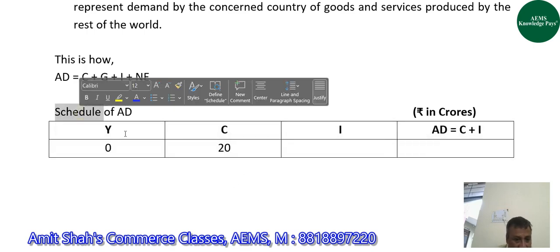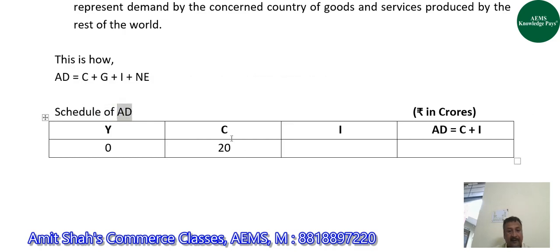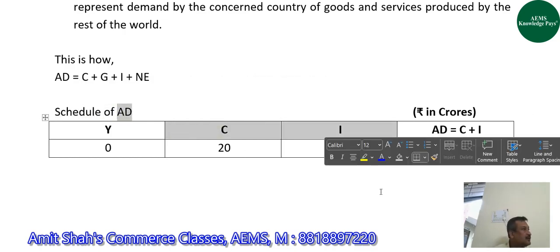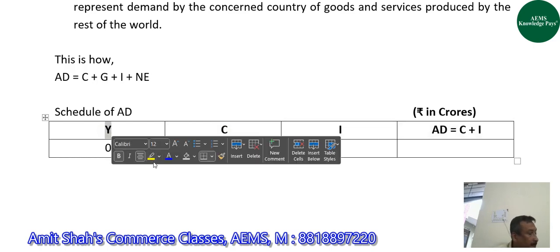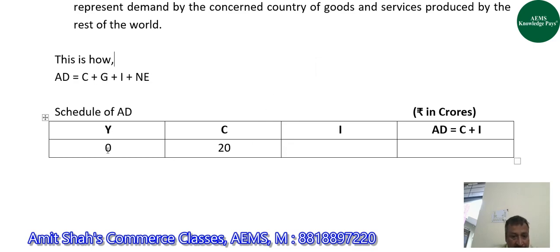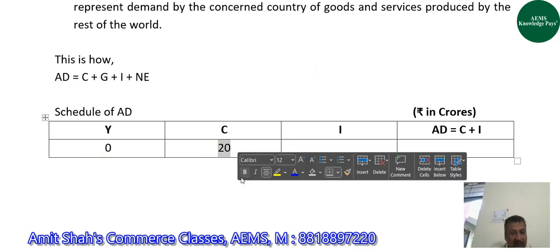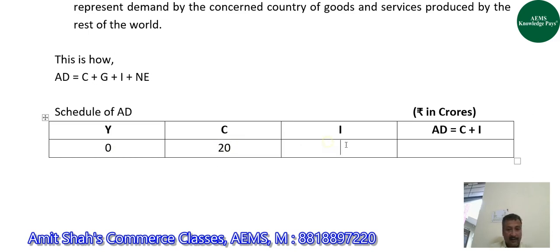And this schedule actually will tell you the pattern of aggregate demand and its components. It is the schedule you people have only to have an understanding of the pattern of C, I, and AD in context of income. So if the income of an economy is zero, then also it will have some consumption expenditure. I have assumed that that is 20 crores, right? Here in investment expenditure, we consider only autonomous investment expenditure and not induced investment expenditure, because forecasting induced investment is